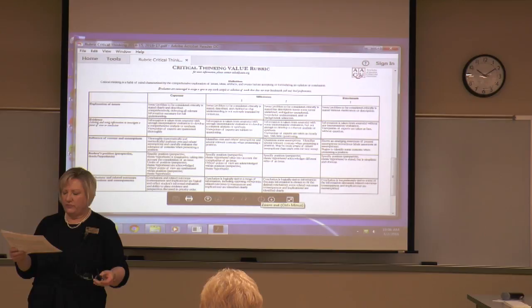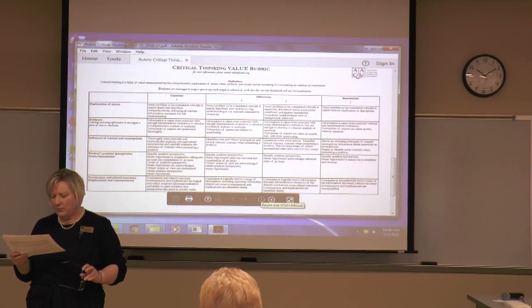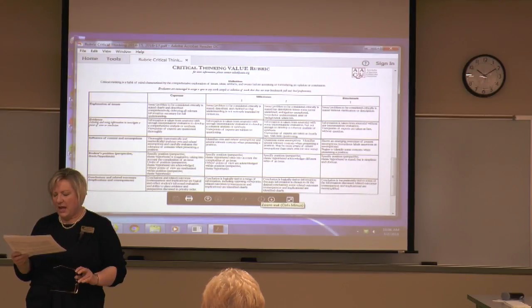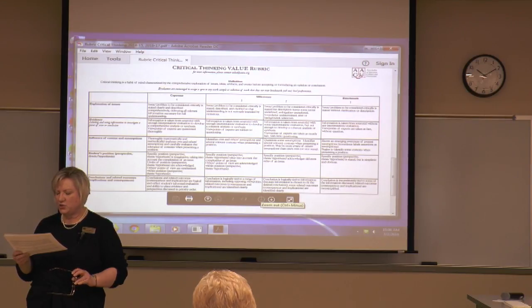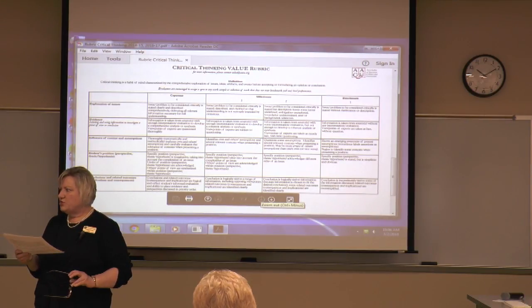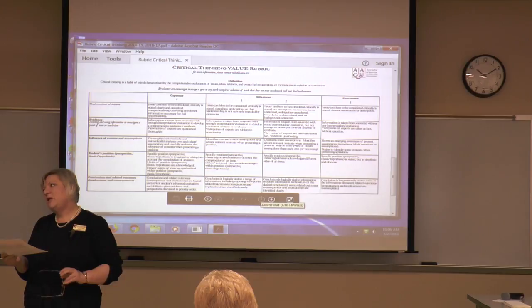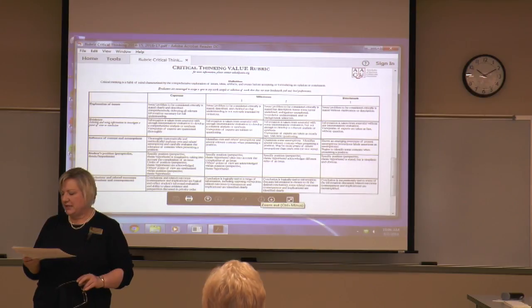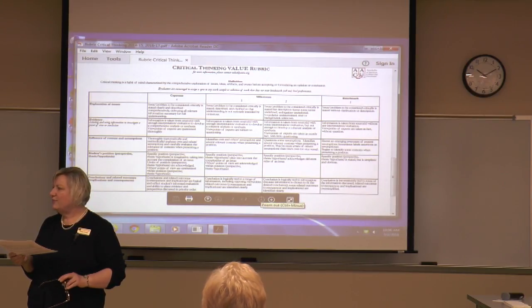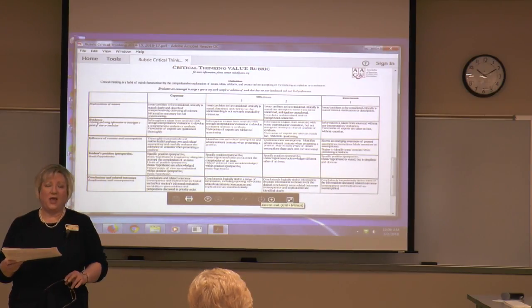So let me just give you a couple of illustrations of how this works. If you look at the first line, explanation of issue, the issue or problem to be considered critically is stated clearly and described comprehensively, delivering all relevant information necessary for full understanding. How often would our students score a 4? Maybe 10%. Yeah, not very many people are going to score at this level. Many people look at these rubrics as sort of representing the freshman, sophomore, junior, senior levels of college. I don't know that that's what they were intended for, but it is a kind of realistic look at how